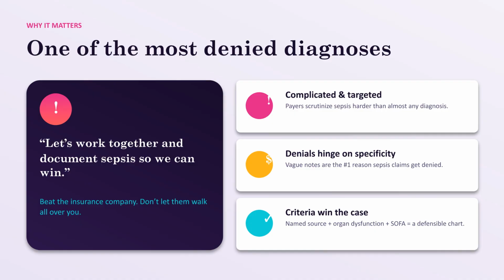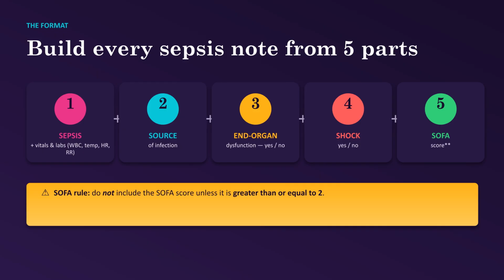Let's get started. Sepsis is a complicated, targeted diagnosis that payers scrutinize heavily. Vague notes are the #1 reason claims are denied. We can win these denials by using clear, specific criteria in our documentation, including a named source of infection and documenting all organ dysfunction. Build every sepsis note using these 5 parts: sepsis with vitals and labs in parentheses, the